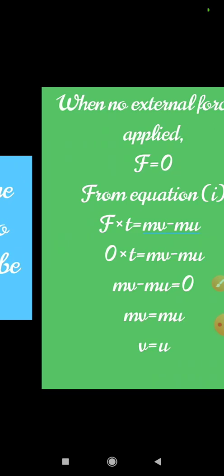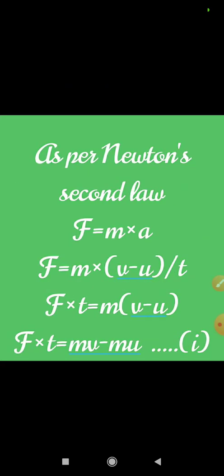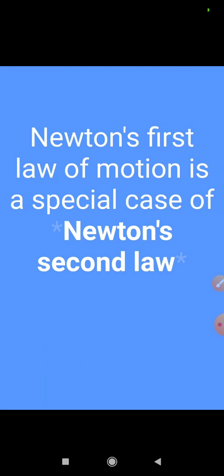You can take a condition like a car at rest, which will remain at rest. If it is moving with a particular velocity, it will keep moving with that velocity until and unless an external force is applied on it. If the external force is 0, no change will take place in the state of the body. It indicates that Newton's first law of motion is a special case of Newton's second law.